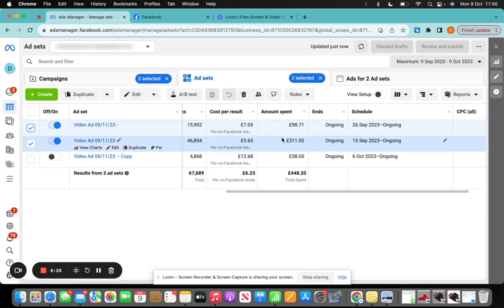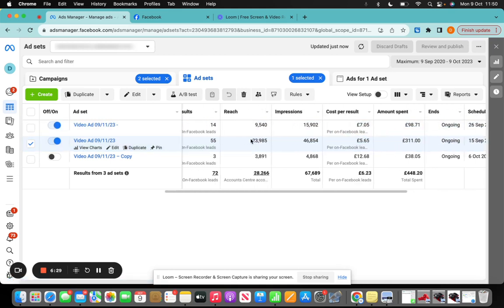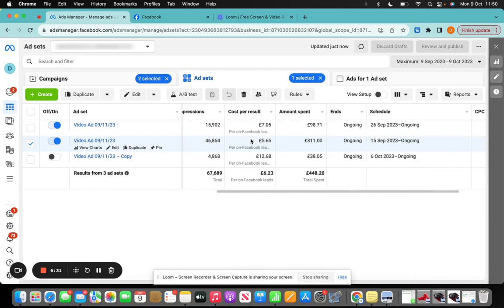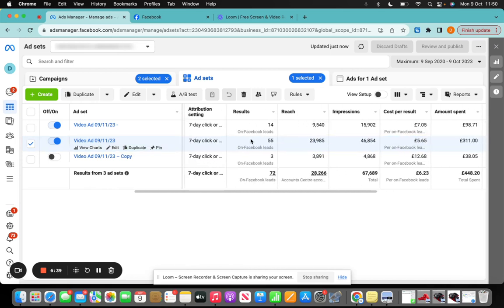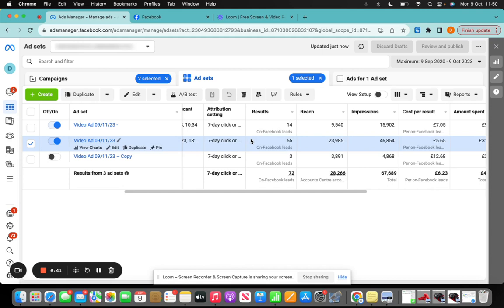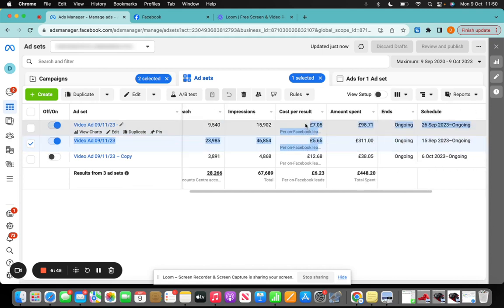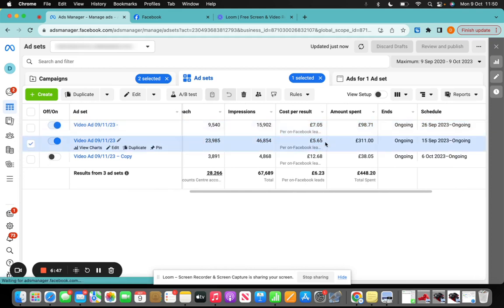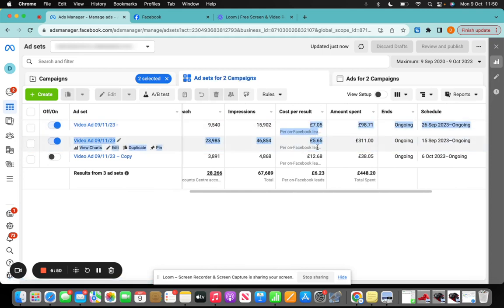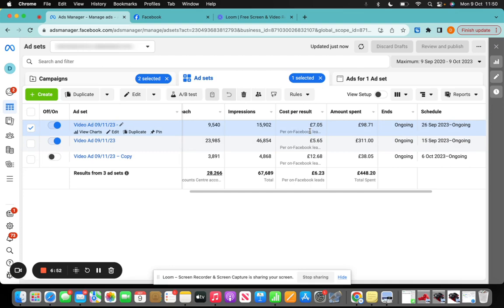So we may do a little bit more testing. But if these cost per leads hold around £5 to £7, then we're going to be pretty happy as far as the results that we're getting. We're going to be happy as long as we're hitting our goal that we want to hit. Of course, we can put a little bit more money into testing, but overall, don't fix what isn't broken. If we find that we're getting a really good acquisition cost that we're happy with, then we may hold it here for a little bit longer. And then when these start to rise, then maybe we'll start to test a little bit more.